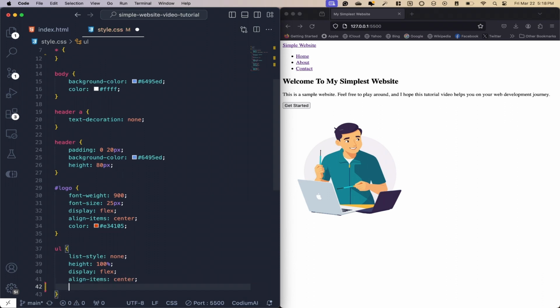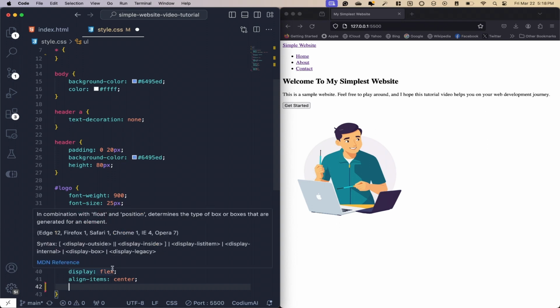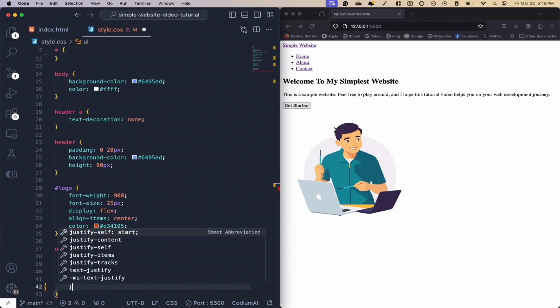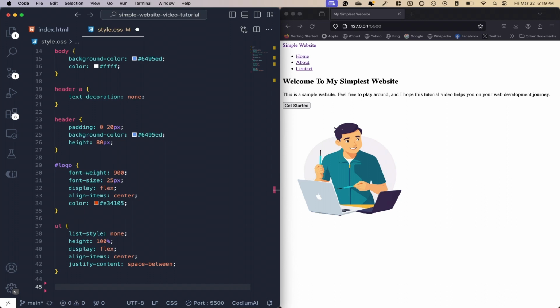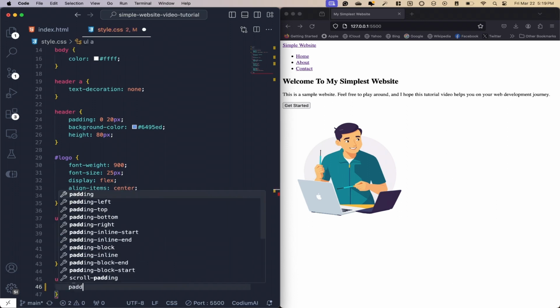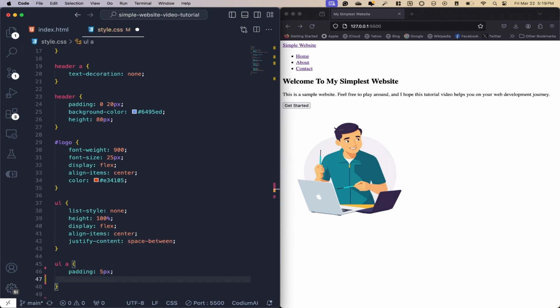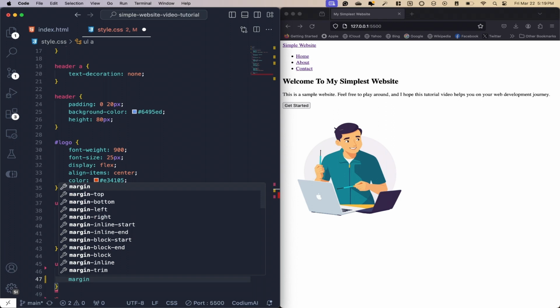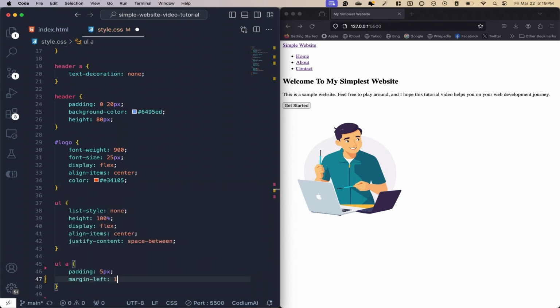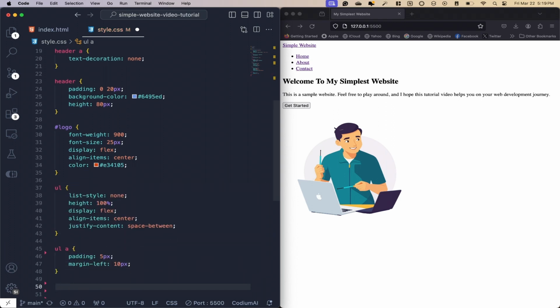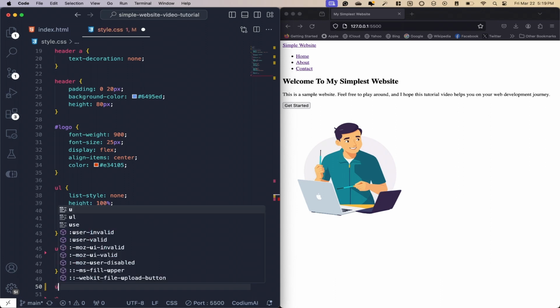There we go. Yep, I think they are the same. The only difference is we added a justify content. Justify content space between. Next, let's add UL a link. Padding will be 5 pixel. Oh, I almost forgot the margin left. Margin left will be 10 pixel. There we go. Next, we need UL li,